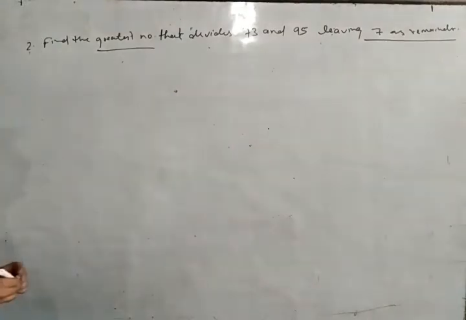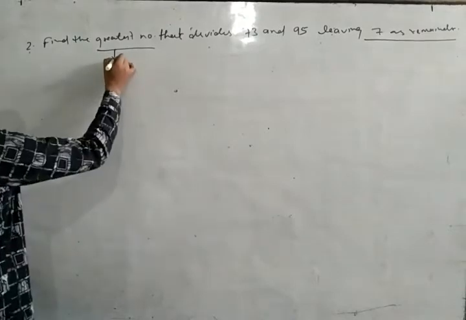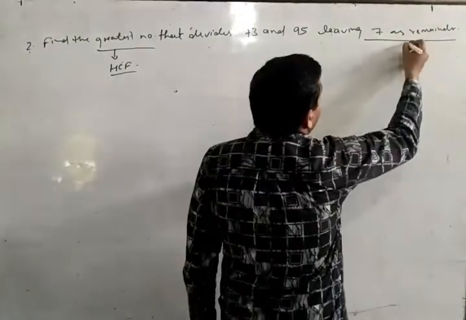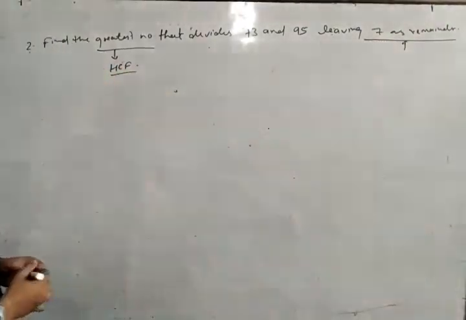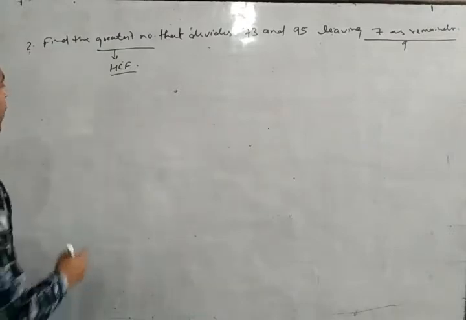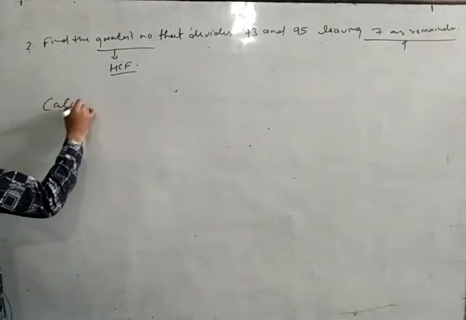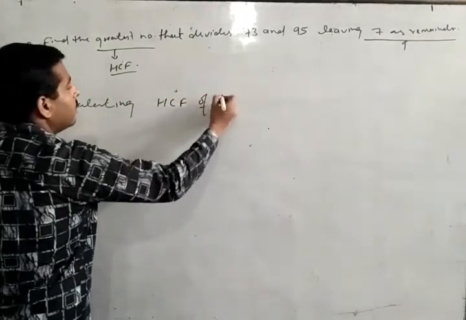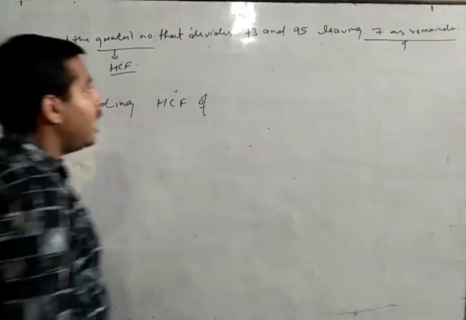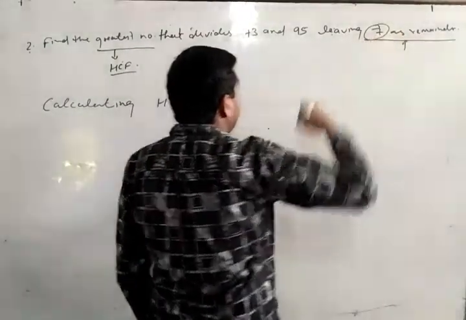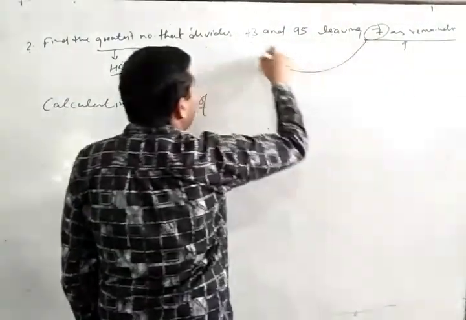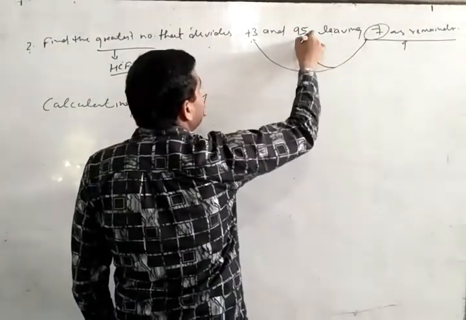Means you have to calculate the HCF from these words, and you have to find the number which leaves 7 as remainder. So you have to calculate HCF of what? 7 as remainder means you have to subtract this 7 from these two numbers,